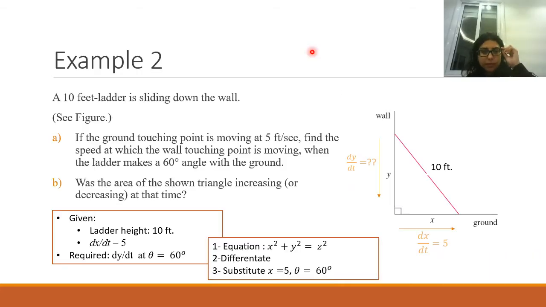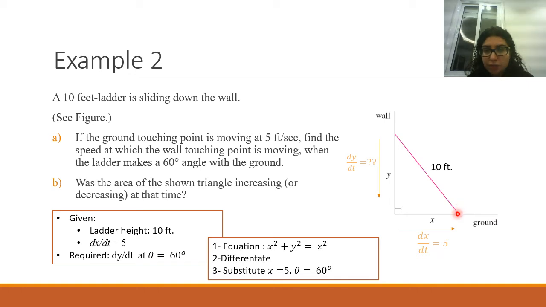Example 2. A 10-feet ladder is sliding down the wall. Here is the wall, and here is the ground, and this is my ladder. I put the 10 feet, it will not change, it's a constant, so I put it here. If the ground touching point is moving at 5 feet per second, if this ground